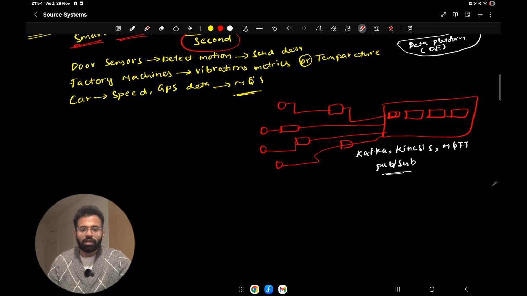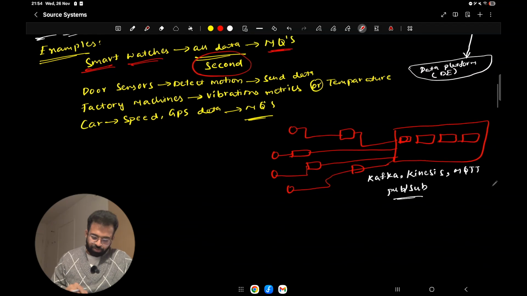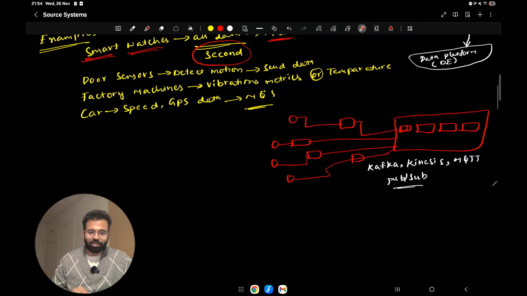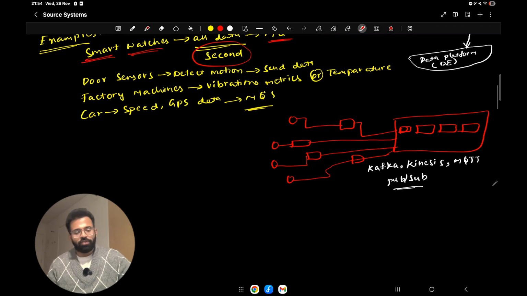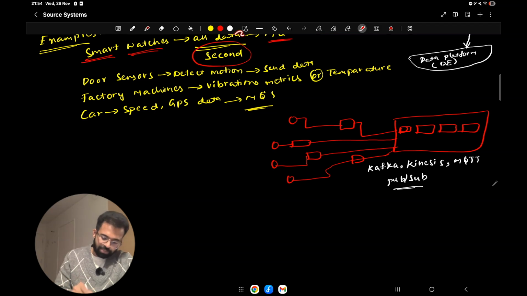Now it all comes down to this most important question again. This all is fine, but now the most important question is, how do we actually evaluate a source system before building anything?